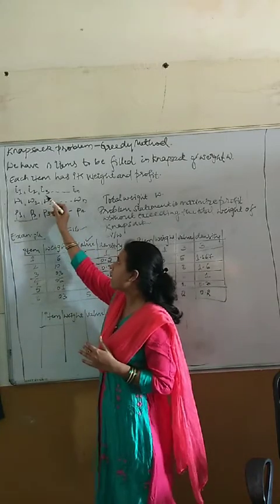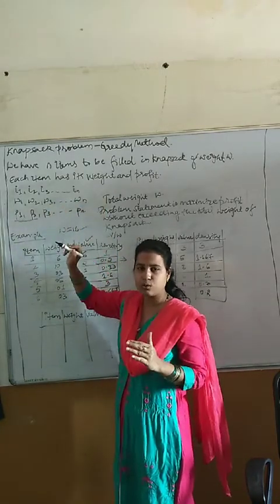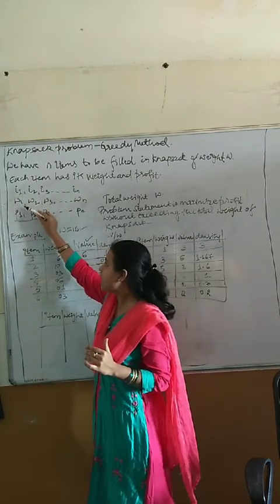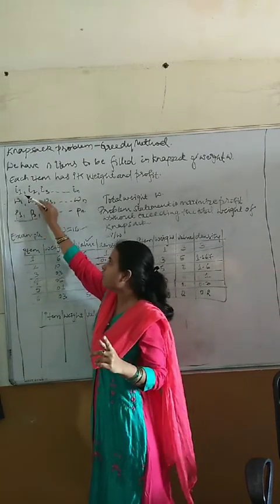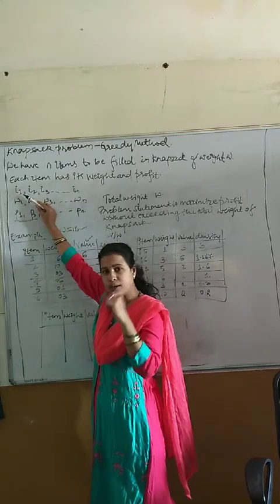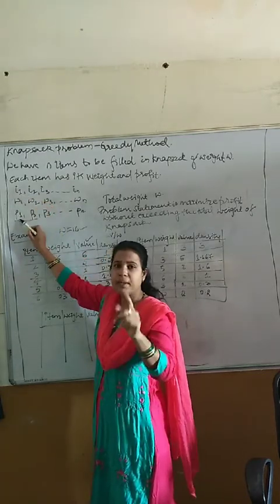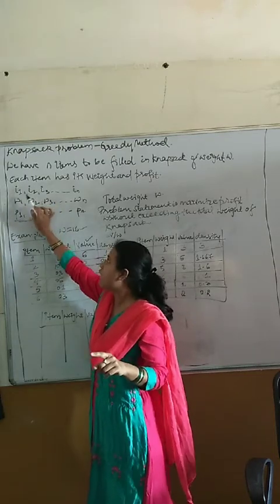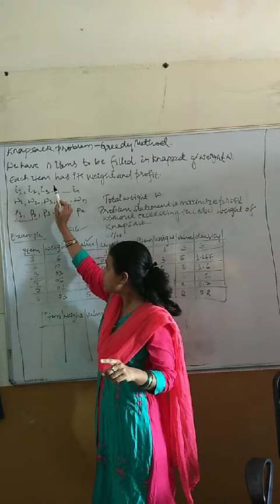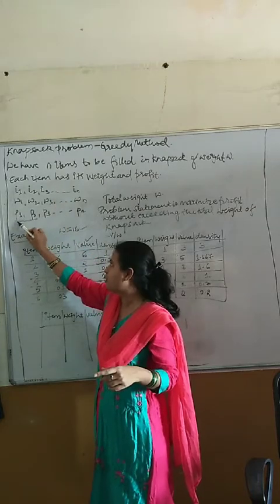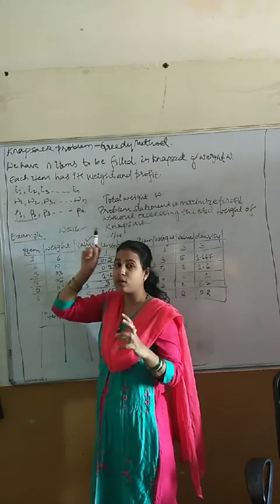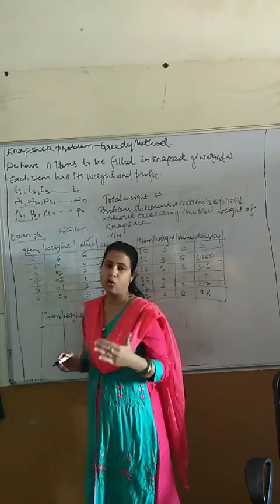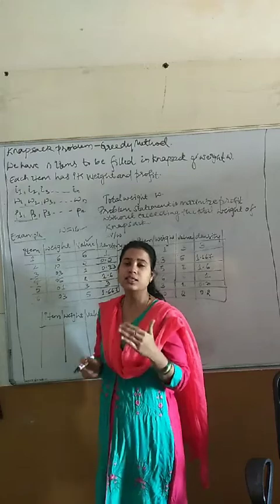Now I1, I2, I3, these are all the items which are given. I1 has its weight W1 and its profit. What does it mean? When you add the I1 item into the bag, you are earning profit P1. After that, if you add I2 also, so now you have added I1 and I2. What profit will you gain? Profit P1 plus P2. And what is the total weight you have added into the knapsack? W1 plus W2. So on, it will carry on. So this is the problem statement.